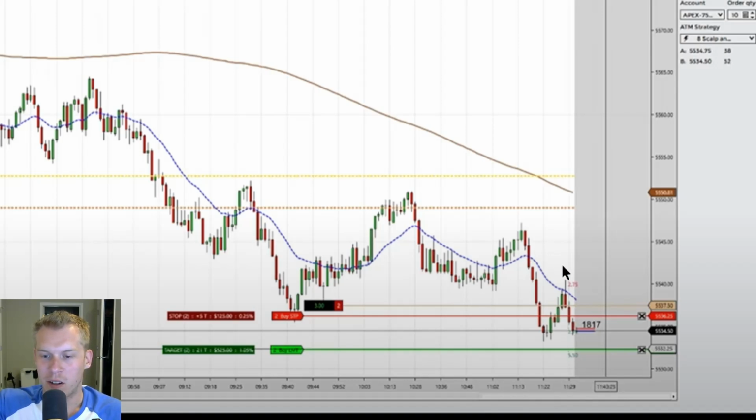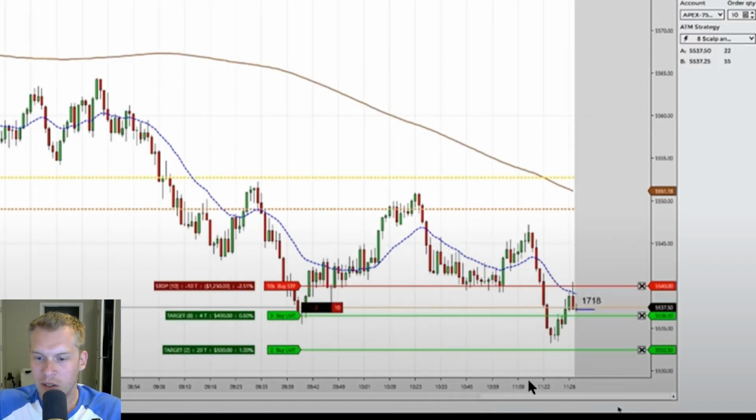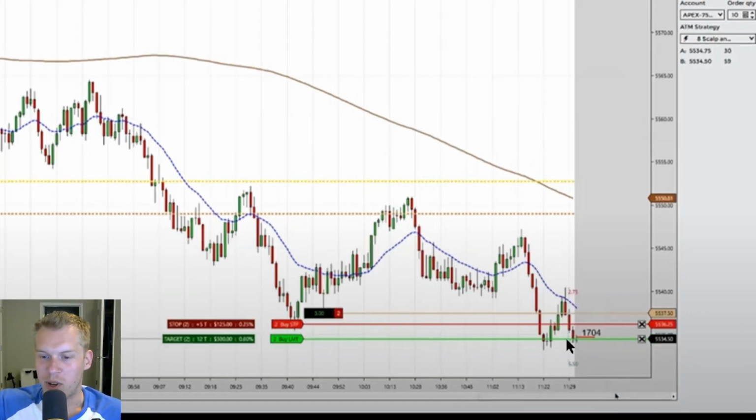So I thought the entry was reasonable. 6 bear bars down, and then you get this 2-legged pullback. A bull bar here, a little pullback, and then 2 more bull bars. So it's a 2-legged pullback in what is a larger bear move, and then getting short below the moving average. I think that's all good. I just think at the end, I would rather try to capture more out of a runner than managing it early like that.